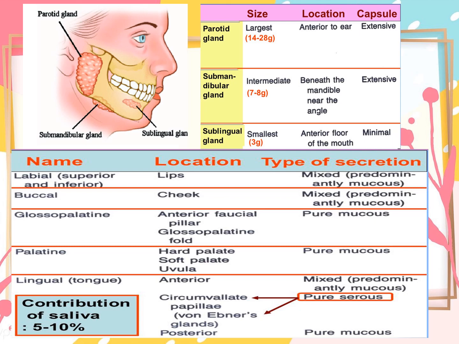Now coming to the parotid gland, it is the largest salivary gland and weighs about 14 to 28 grams. Craniocaudally, the measurement is 5.8 and ventrodorsally it is about 3.4 centimeters. It is divided into two lobes, superficial and deep lobe. The superficial lobe is present in front of the external ear and the deep lobe is present behind the ramus